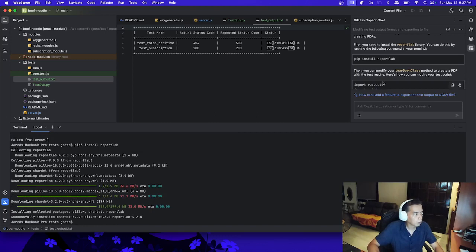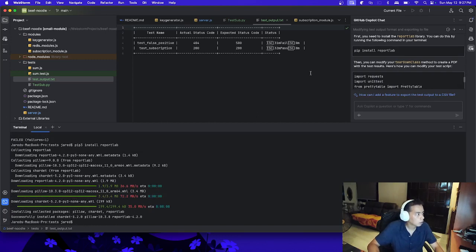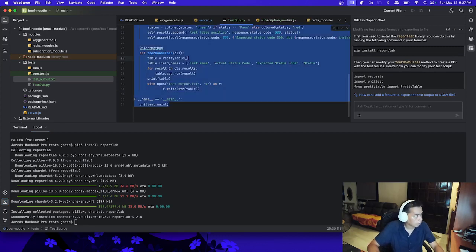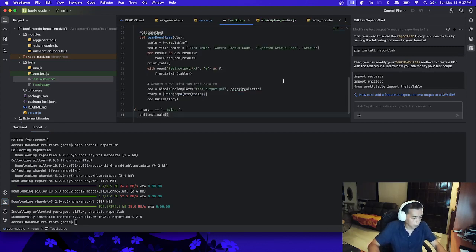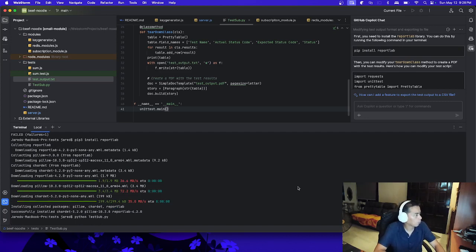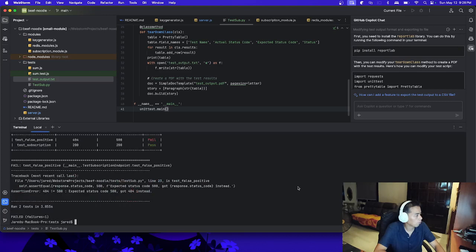Right, so we have it now. Let's now try to replace the entire code. So what we're expecting now is this automated test script should export our test output into a PDF file. So we have now a PDF right here.